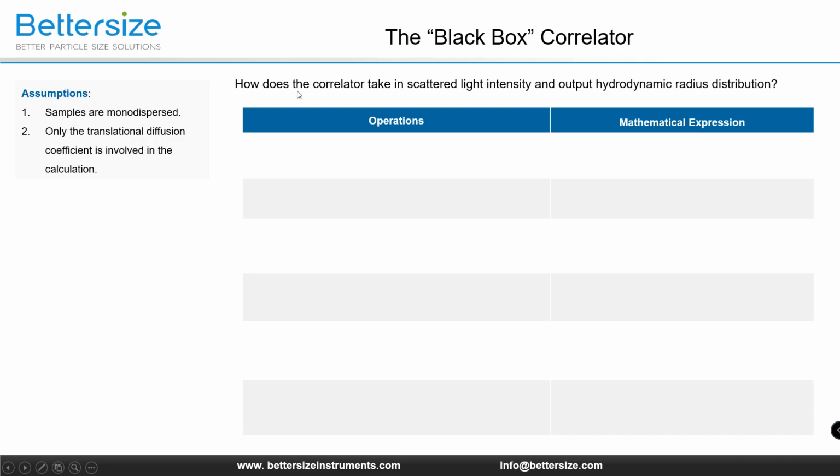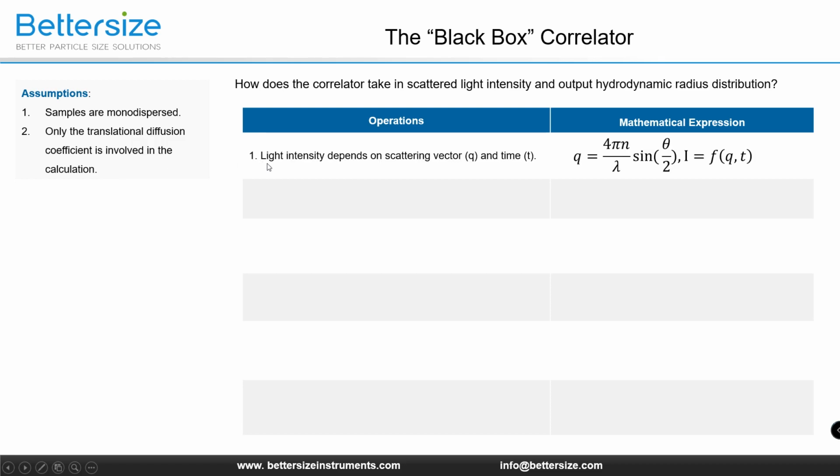Notice here that in order to simplify the calculations, all the computations mentioned here are based on two major assumptions. First, the samples are monodispersed, or having uniform shape and size over the whole population. Second, only the translational diffusion coefficient is taken into account during the calculations. If one wishes to measure the size of rod-like particles where rotational movement dominates over translational movement, a depolarizer can be employed after the laser source. In this presentation, we will only focus on the translational motions and will not touch details on the rotational motions.